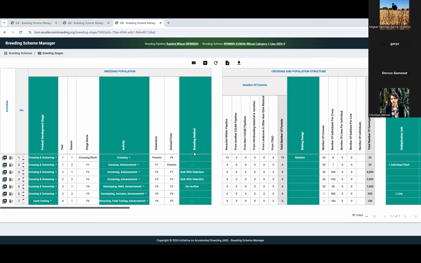In terms of the terminology, for example, you mentioned all breeding material and varieties. If you find that the definition is not included for a given column, please